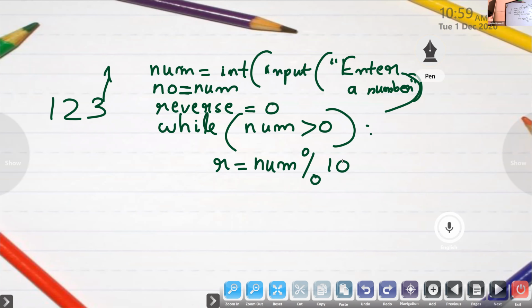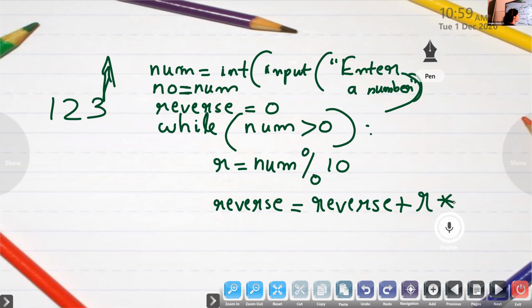The next step is, each and every time we have to write with a place value. So next step is reverse is equal to, so we have to add this value 3 to the reverse. So reverse is equal to R plus reverse into 10.